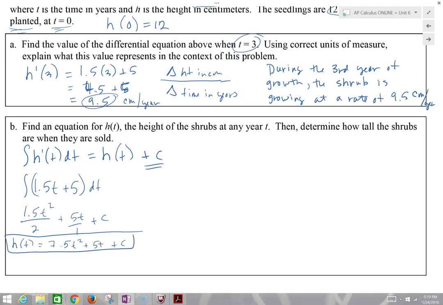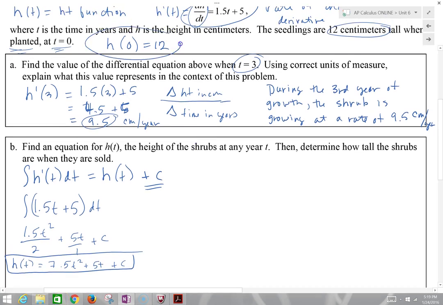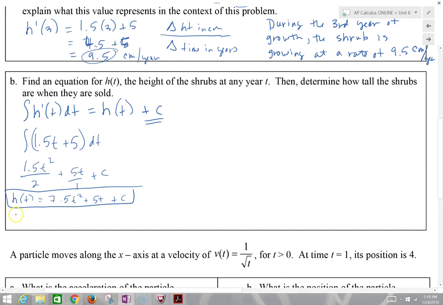But we know that h of 0 is 12. So h of 0 equals 7.5 times 0 squared plus 5 times 0 plus c equals 12, which means c equals 12. So h of t is equal to